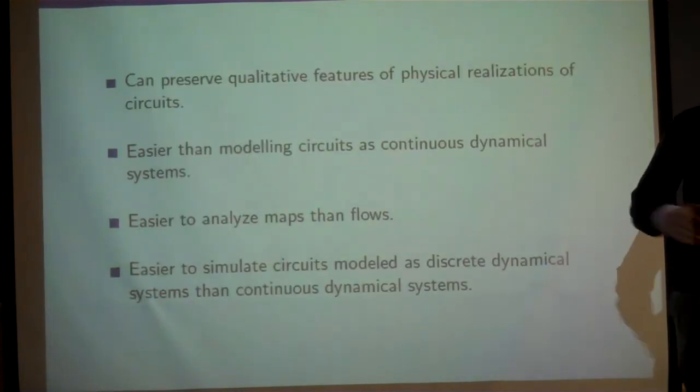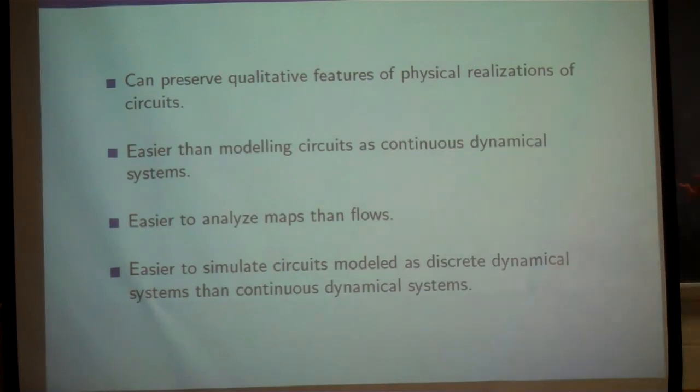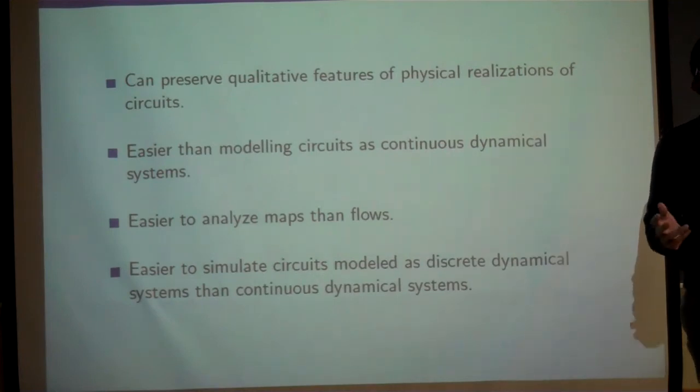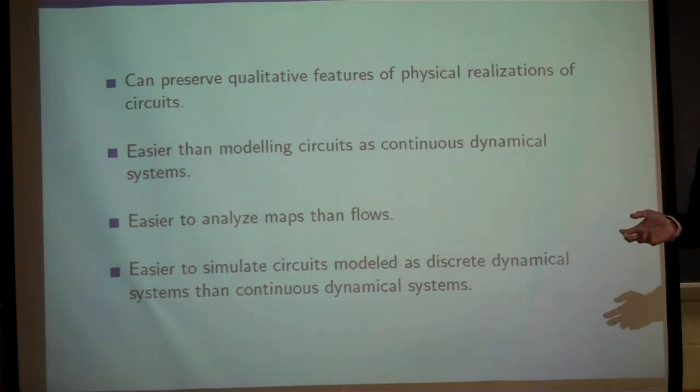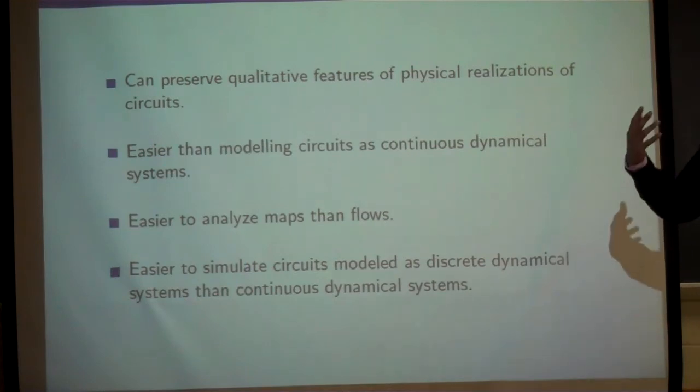So why would we even do such a thing? Well, in any sort of modeling, we would like to preserve the qualitative features, and we've shown that this is possible with this sort of modeling. And in some cases, it's easier to model these circuits as discrete dynamical systems rather than continuous dynamical systems. And in many cases, it's easier to analyze maps than flows, so that's why we try to look at Poincare